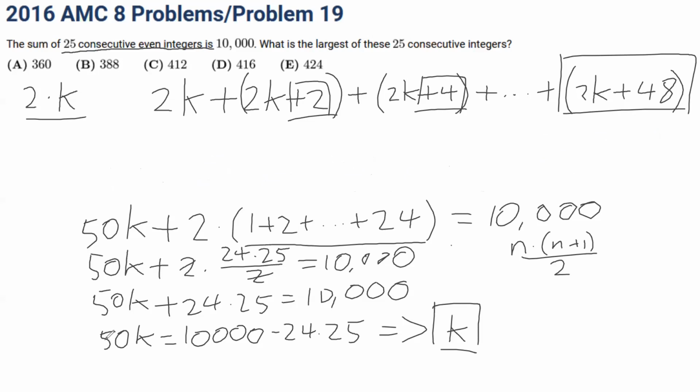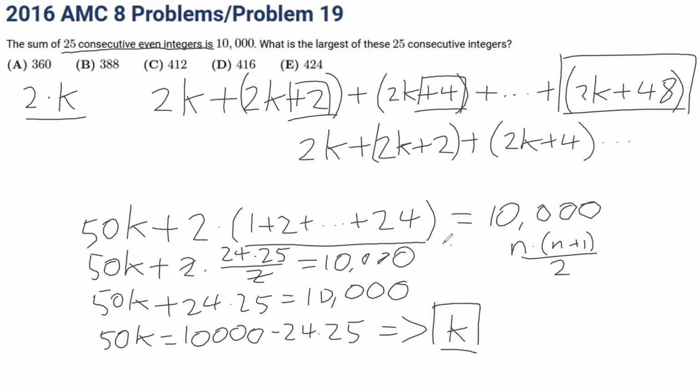Let's set our middle term equal to 2k instead of our first term. And you'll see why in a second. Then our next consecutive even term has to be 2k plus 2 plus 2k plus 4